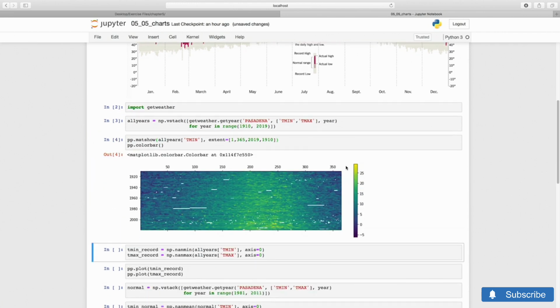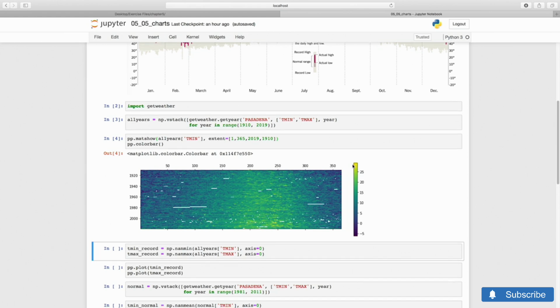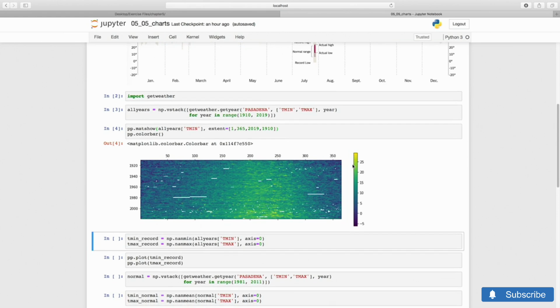We've added also a color bar to provide a reference of the mapping of values to color. And we have specified the extent to get more informative labels on the axis. We see some missing data, the white patches, and we can observe winter and summer nights getting warmer toward the end of the century. For simplicity, we will forgo filling nans and use nan-robust functions.